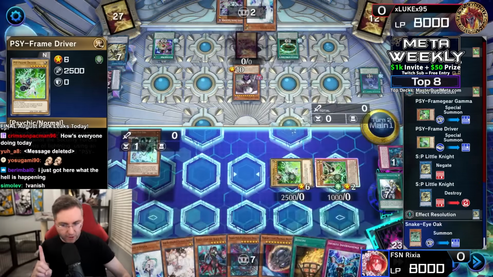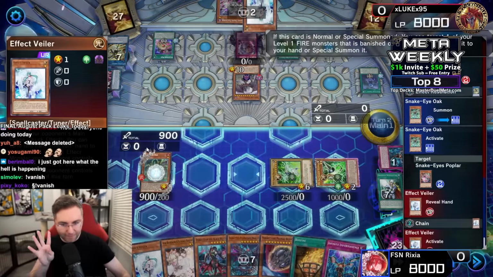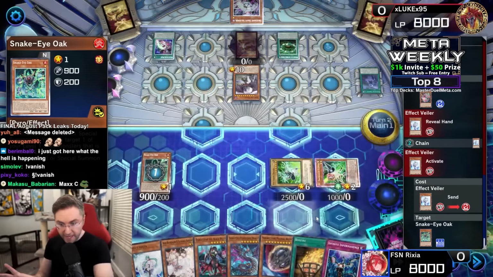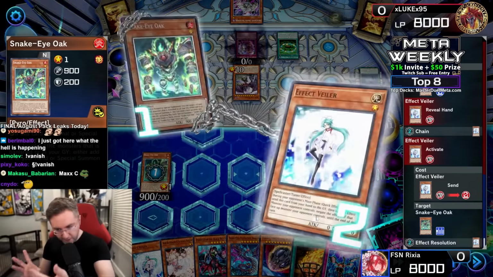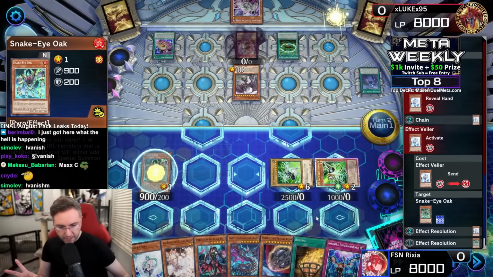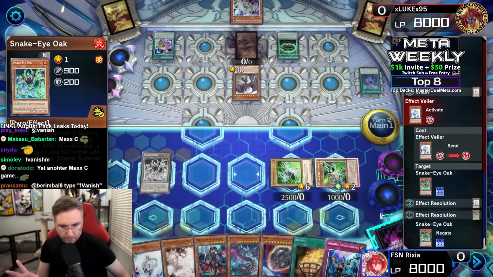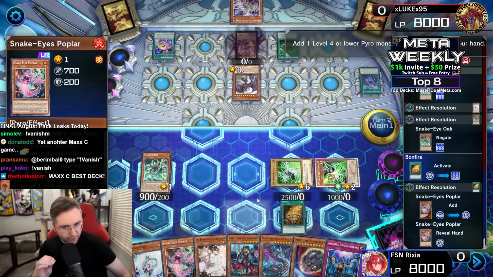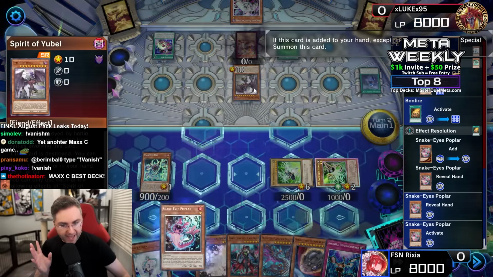We have not even committed to our normal summon yet, and we ate up 4 of 5 disruptions. Veiler on the Oak, negate. We're not playing Kieran, so no Kieran to chain pop to dodge the Veiler. Alrighty, 0 disruption. Now, while we're at 0 disruption, if we go to the battle phase, we have to attack